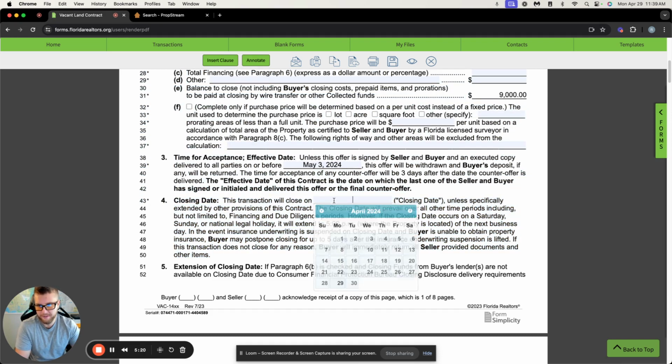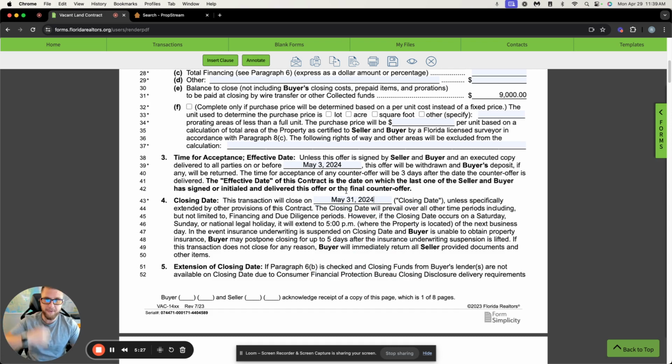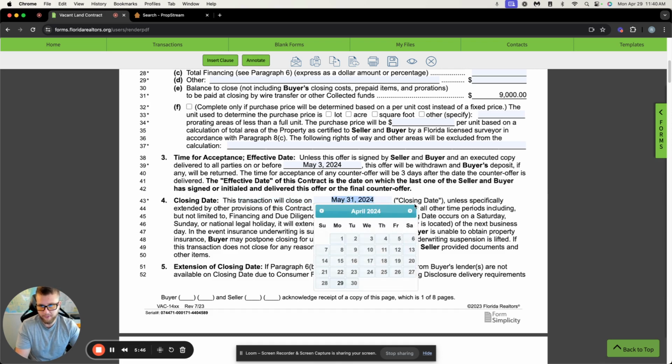So this one's important. It's tempting to just put in 30 days out maybe. So you put May 31st, but that gives no flexibility because that states this transaction will close on May 31st. So let's say the seller is ready to close sooner, which most of the time they are, and you're ready to buy sooner, or you've assigned the contract and they want to close sooner. Like I know me as a buyer, I always want to close as soon as I can. So on here, what will give you flexibility is if you put something like on or before